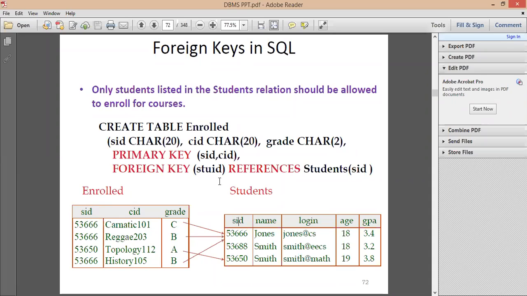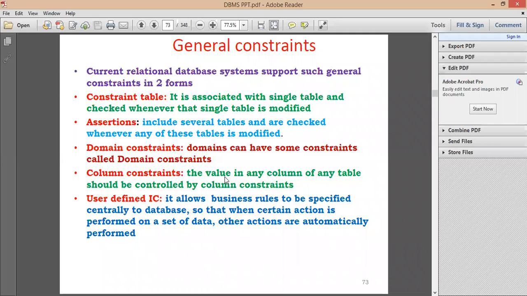This SID is referring to the parent or base table of students, and you cannot delete the parent SID until the related child tuples are deleted. That is referential integrity constraints.